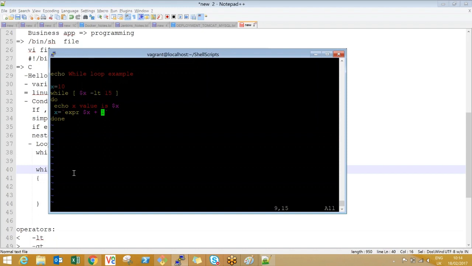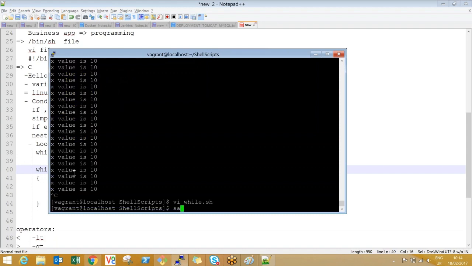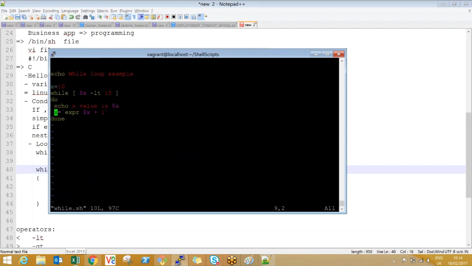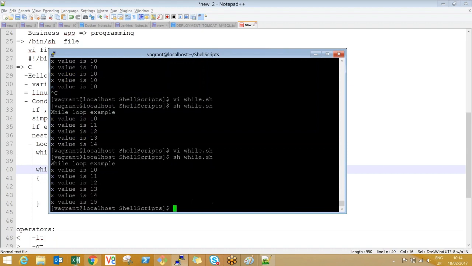No, the condition is false, so it comes out. See how it works now. You see 10, 11, 12, 13, 14 only. It's not printing 15 because at the 15th time the condition is false. If you say less than or equal to, then 15 also will be printed. You see, 15 is also printed.